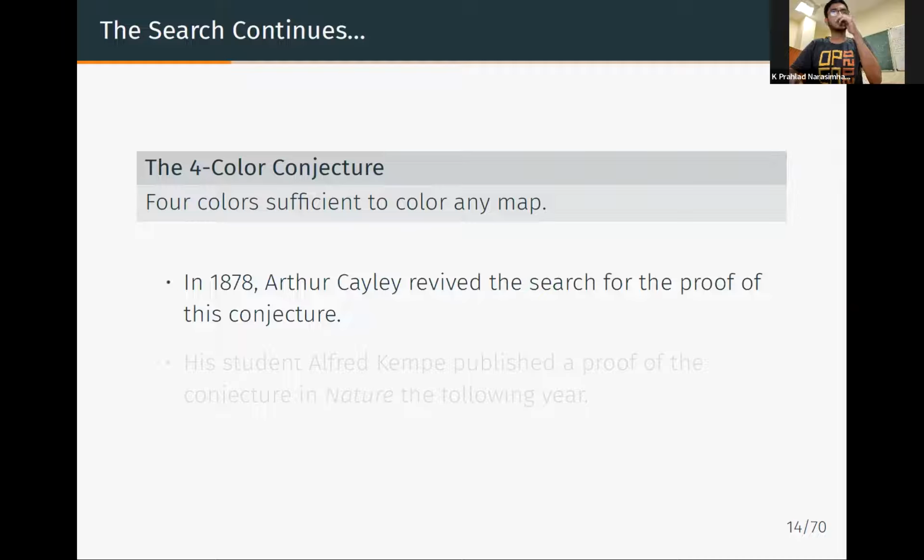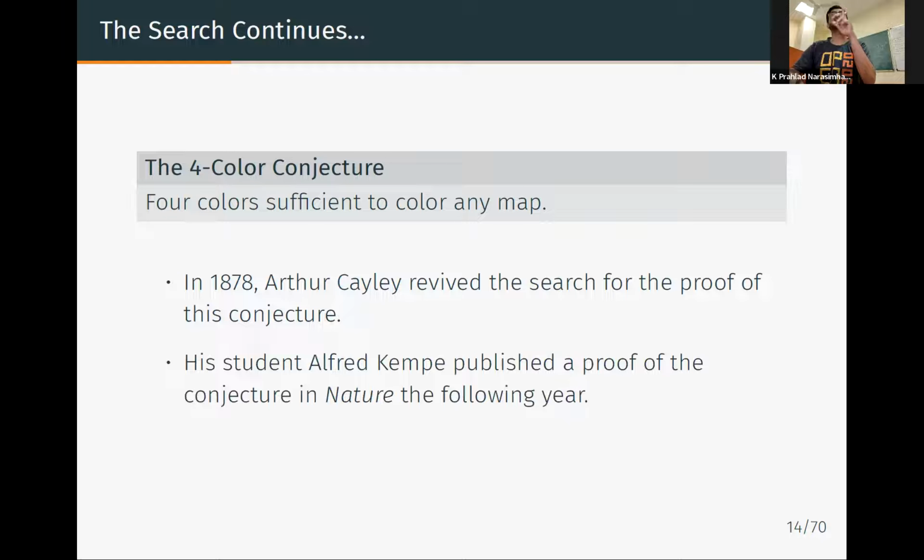So after 2 decades, Arthur Cayley, another huge figure in British mathematics, if you've heard of the Cayley-Hamilton theorem, or if you've done any group theory at all, you would have come across his work. He revived the search for this proof, right? He couldn't solve it as well. His student, though, I think his doctoral student, Alfred Kempe, again, I think I'm saying the name right, published a proof of this conjecture in Nature the following year, right? So 25 years, the problem was there, and